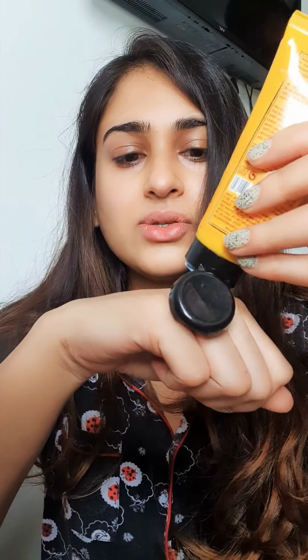I think this, I have literally used a lot. इसकी हालत ख़राब हो गई है. So I'll just show you how it goes. I have a normal to dry skin type, so this really works well for me, because it has a little bit of